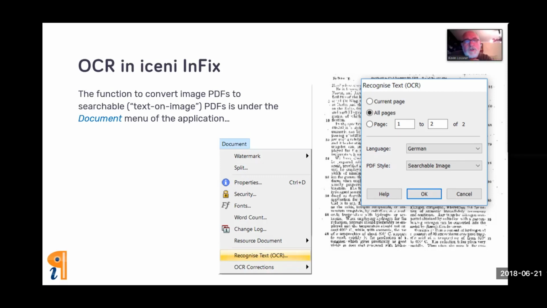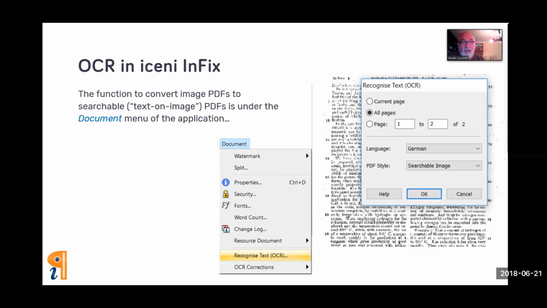And one thing that's interesting to note, in that little dialog on the right, it says PDF style searchable image. I have another term for that, an older term. It's called text on image PDF. And that's a very useful kind of PDF, especially for reference purposes. We'll talk about that a little bit later. That's where it maintains the original graphic image from the scan, but hidden behind that image is searchable text. So if you search for particular terms and the OCR has been accurate, you'll actually see those terms highlighted on